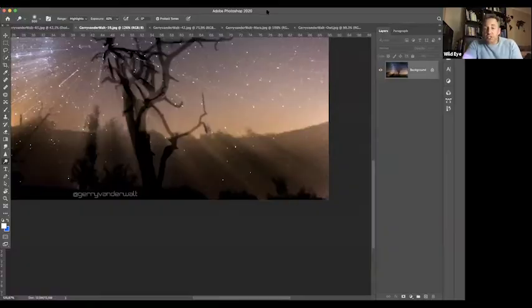So just to give you an idea one more time, if we're talking about clone and heal inside of Lightroom, if you want to remove something here, you select that area, Lightroom then looks for another place, takes something and puts it on top, right? It basically clones something else onto there.